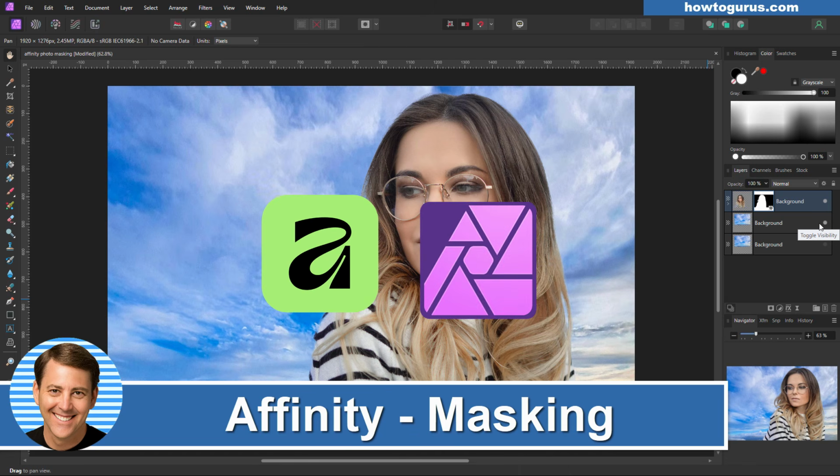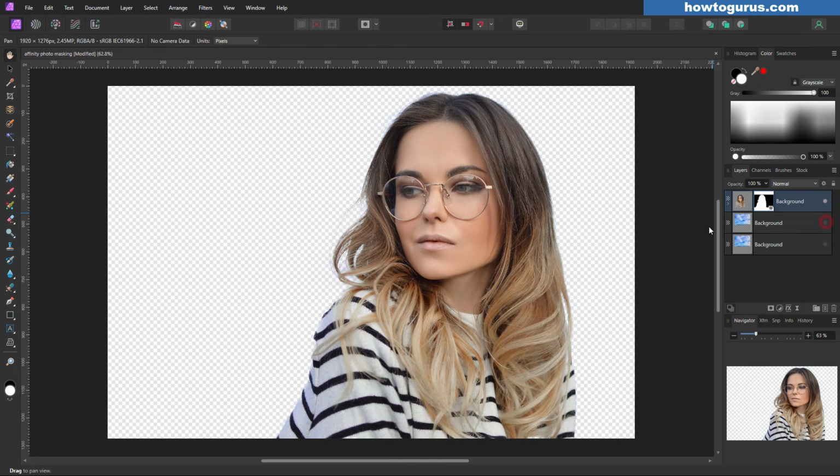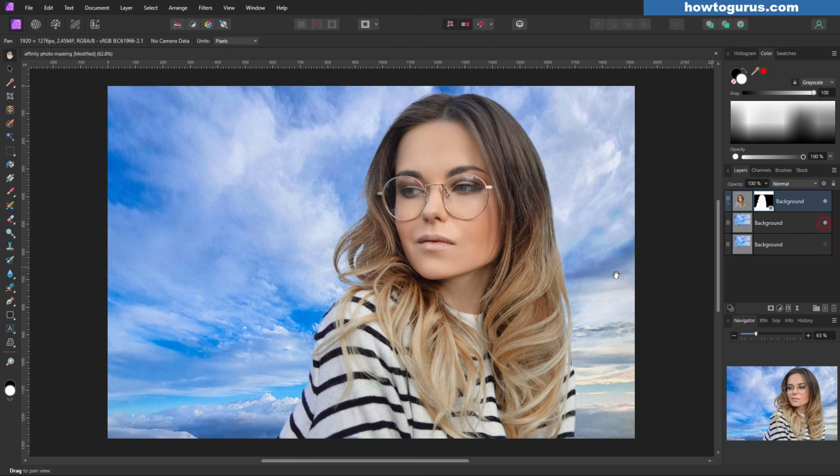Do you want to be able to remove part of an image just like this without damaging your photo, without losing that background image? The kind of things that using an eraser tool would do. It's easy to do with Affinity Masking. Now what a mask does is it hides parts of a layer. So you can see here, this whole background is hidden, and I can put a different background in here just